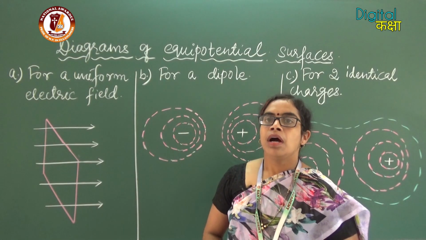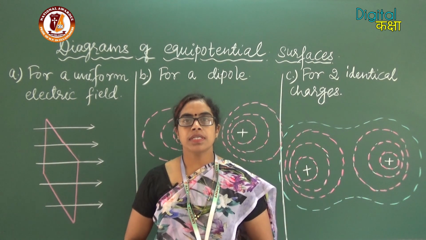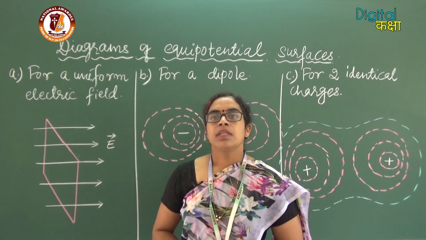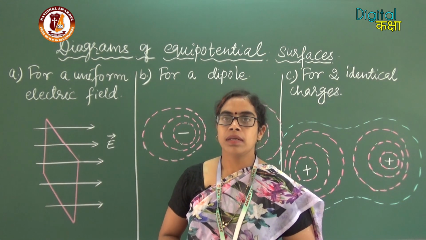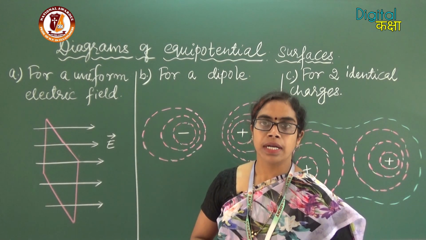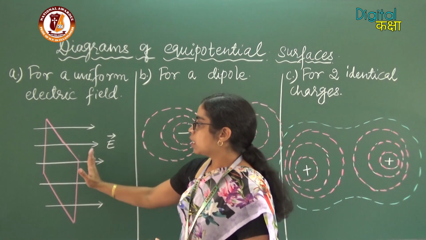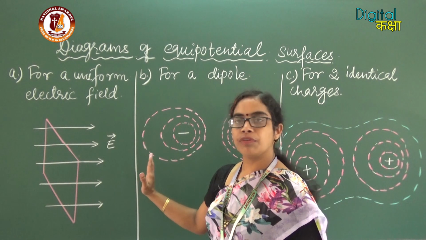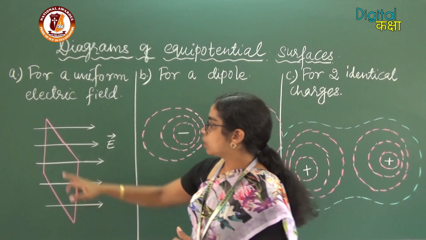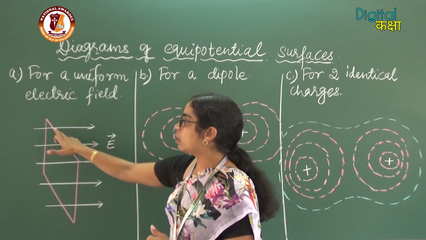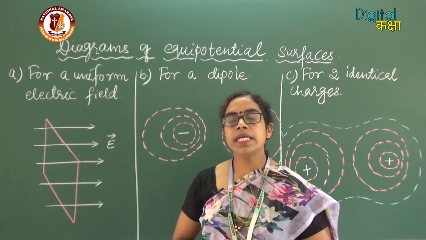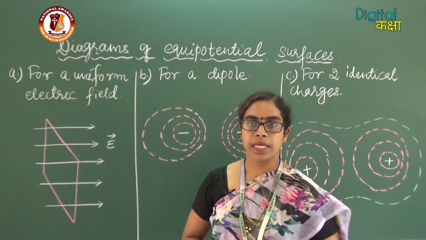Let us understand how to draw the equipotential surfaces in the different conditions given. As we know, when the electric field lines are drawn parallel in any region, it represents the uniform electric field in that region. So in this case, if the direction of electric field is pointing towards the positive x-axis, this pink color is representing a surface which is the equipotential surface and is drawn along the yz plane.